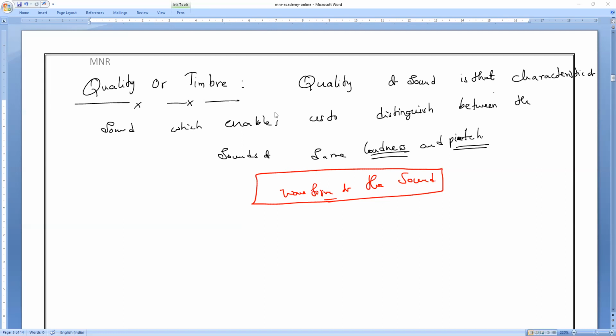So the sound, please note it. The waveform produced by any two persons or any two instruments is not the same. That is what we call quality. So it has a unique waveform. No two instruments have